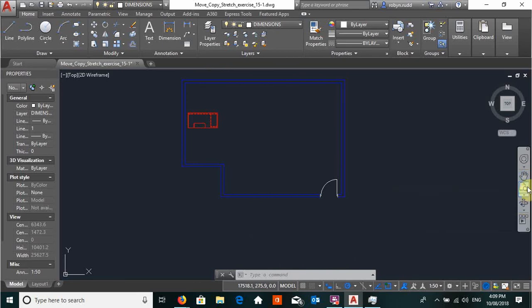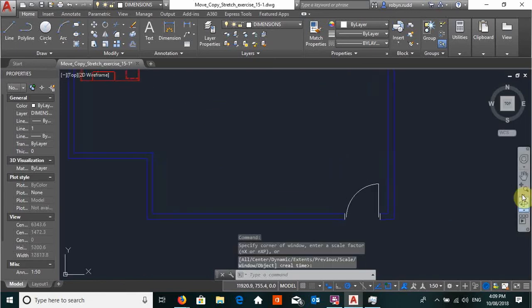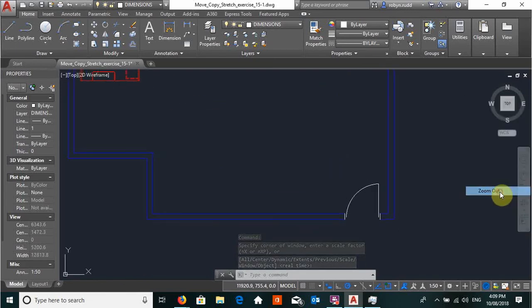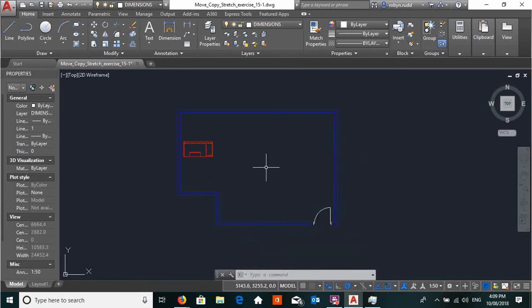not pan, get the arrow down here, zoom in, zoom out, or what's easiest is I just use the scroll on my mouse to zoom in and out by moving the scroll up or down. Okay, so now that I can see that it's there, I'm going to just do one